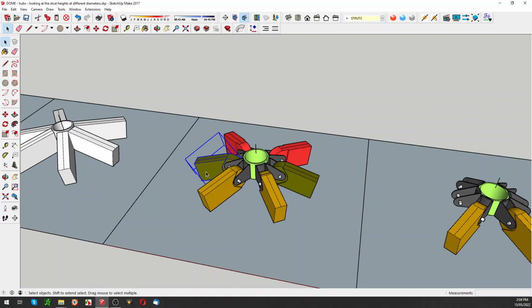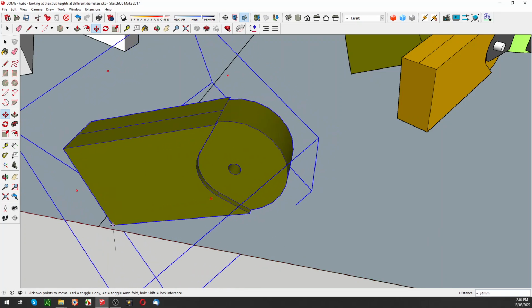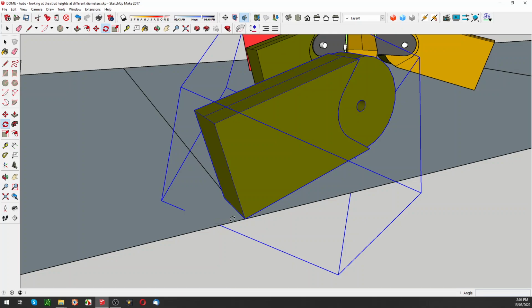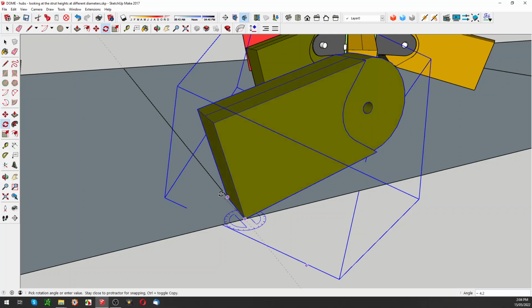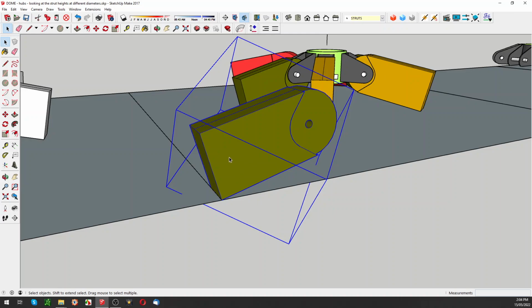Well, often what I'll do is I'll just take a copy of this. I'll show you how I normally do it and how you shouldn't do it. I'm going to move that and make a copy. First of all, moving it now, it doesn't know where it wants to be, so this is why I put these surfaces here, so I can use them to orientate things. I take that point and I fix it to something. And the first thing I'm going to do is just circle or arc this round until it is aligned with at least one axis. And now I can just use the surface of the